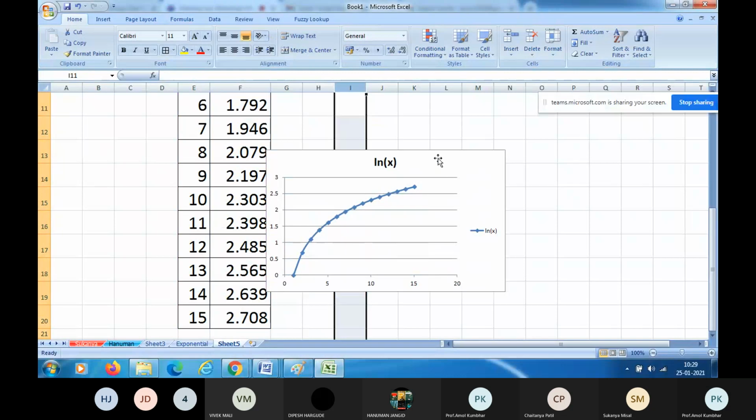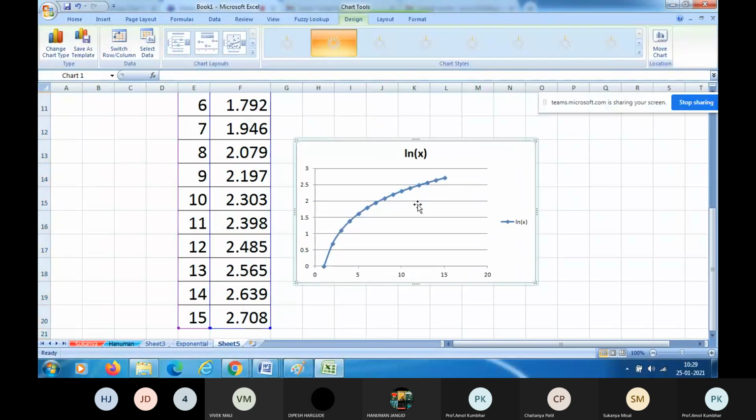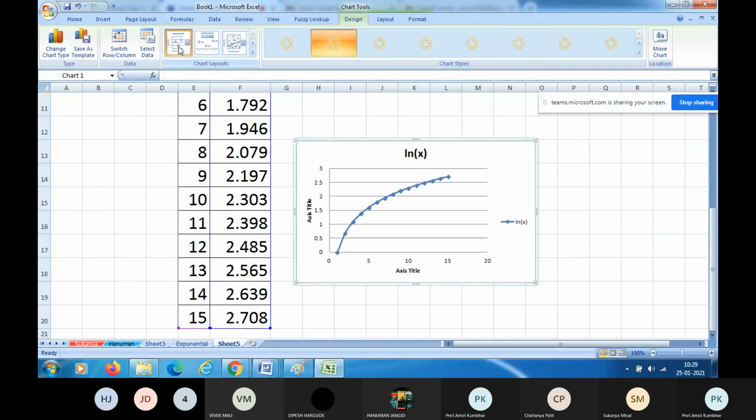Now this graph does not have titles, right? The x axis has no title, the y axis has no title, and the title for the graph is also not there. So let us double click on that graph. You will have chart layouts on the same screen. Select Layout number 1 from here. Double click on that.